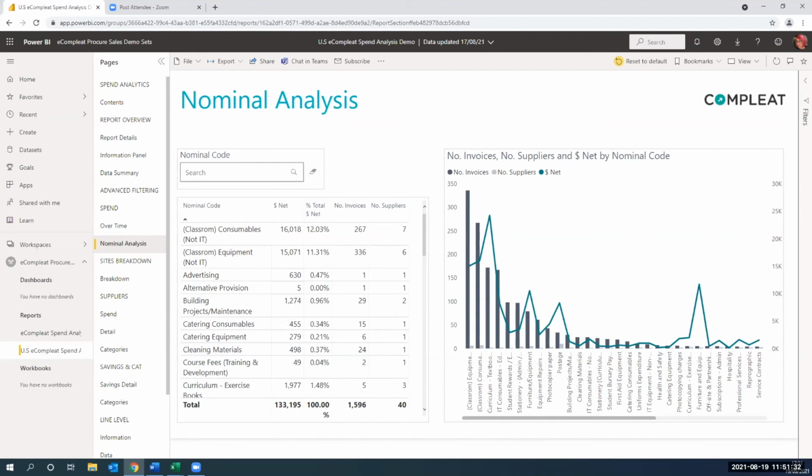when each purchase order is raised within iComplete by a user, they obviously have to code that to their own budget account codes. So what we can do by taking that information is form a powerful overview of the percentage of spend, but also the number of invoices and suppliers that have been used within each. We provide that in a graphical representation again because we want to provide that fast view of any spikes or